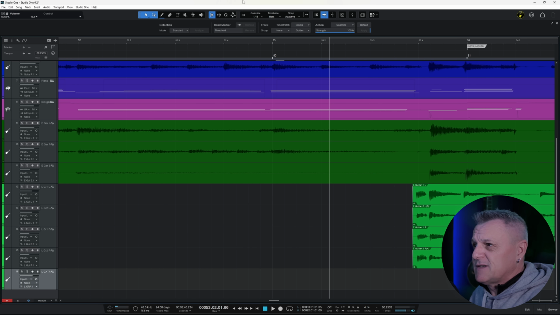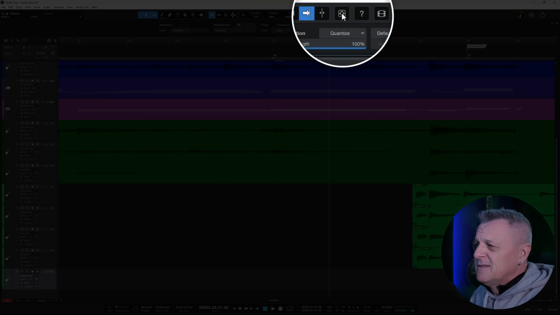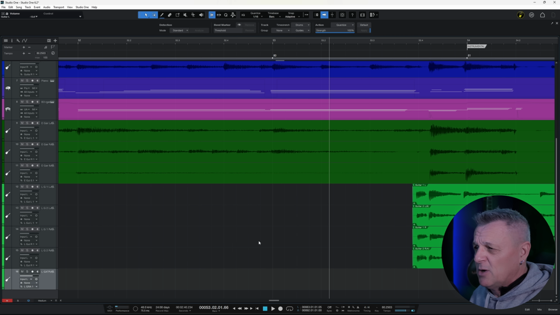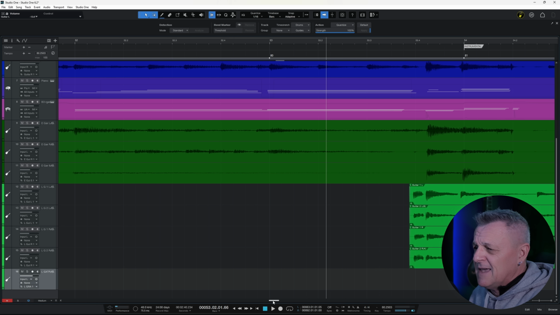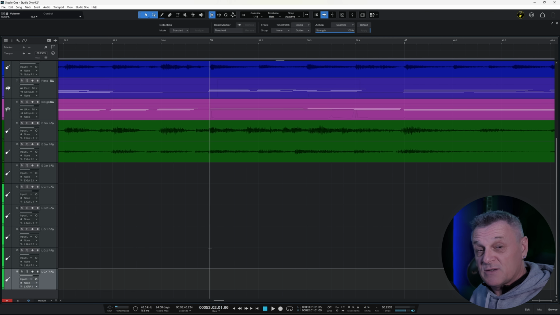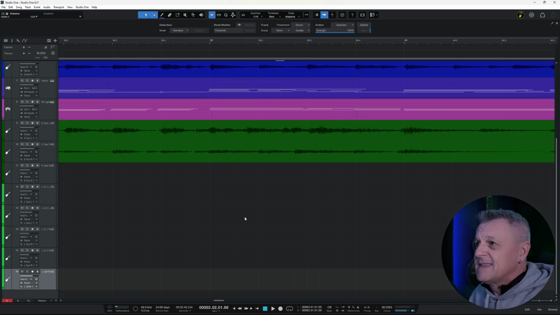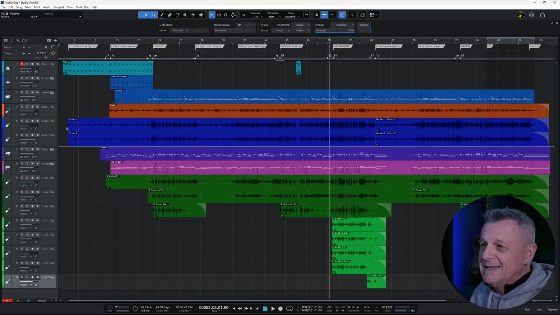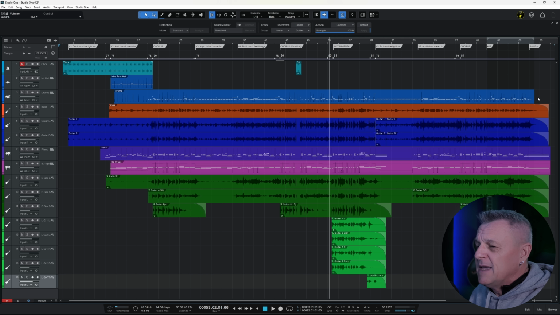If you go ahead and update to the new Studio One 6.2, you're going to notice a new icon at the top here. This is the auto zoom feature. Now, if we look at my project at the moment, I'm zoomed in fairly close and I have to scroll around to get to different parts of the project. Sometimes it's really handy to be able to see the whole project at once. If I go ahead and click on that icon now, boom, we can now see the whole song in one